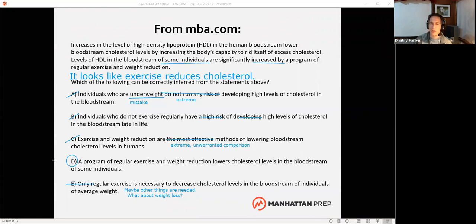The main thing you want to know going into the question, into the statements, is what kind of answer you have to the question. So if it's an inference question, you're going to try to put 2 and 2 together, which here you could. We had 2 statements that went together. Hey, exercise improves HDL, and HDL makes your cholesterol levels lower. Okay, so exercise can make your cholesterol levels lower. That's an example of kind of a mathy thing where you just put 2 and 2 together and you have an answer. It would be like if I said,